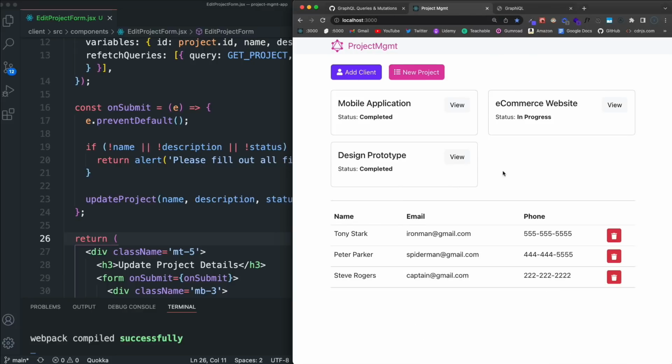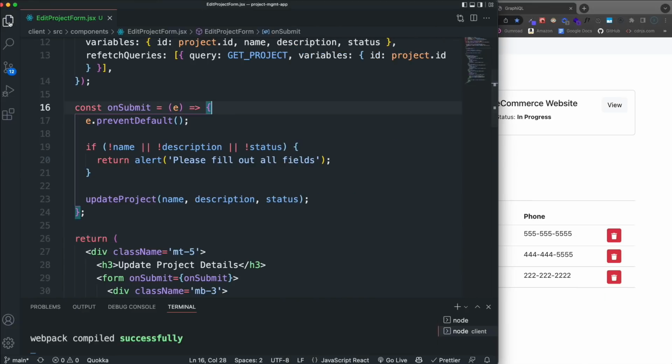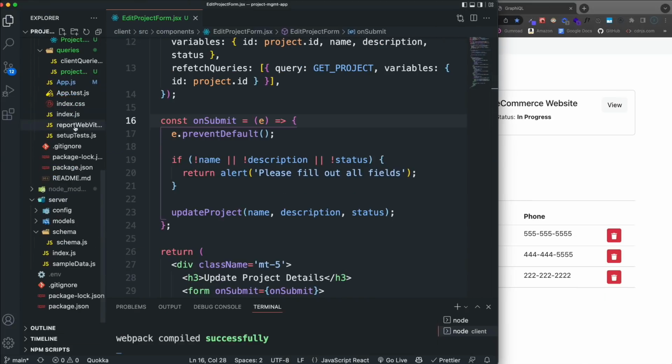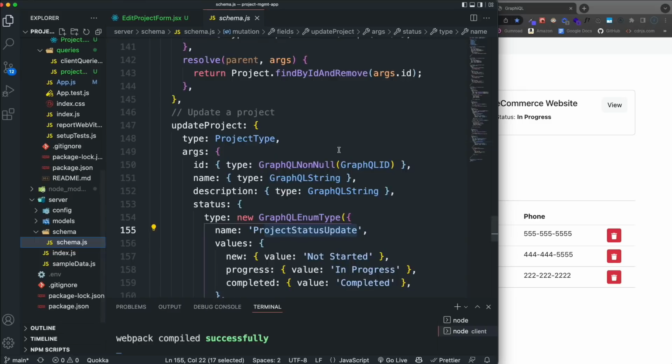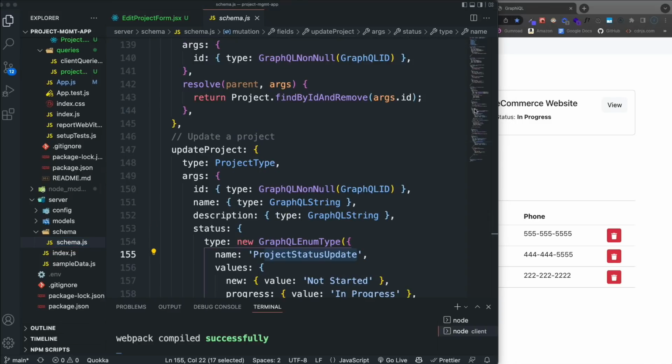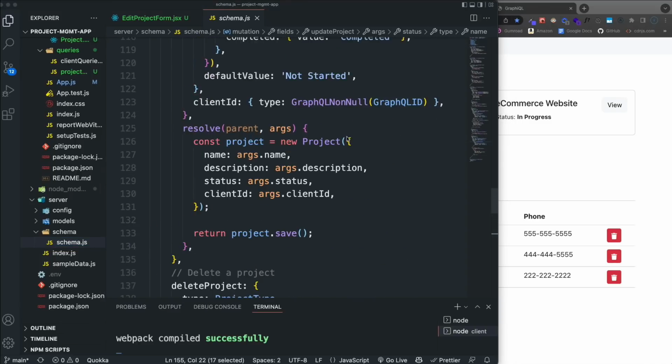Now, the last thing that I want to do is, if I have a client that's connected to a project and I delete that client, I want to delete the project as well, because otherwise that's going to screw things up. So I want it to have a cascading effect. So we're just going to jump into the back end for a minute. We're going to go to Schema.js, and let's find where we delete a client,